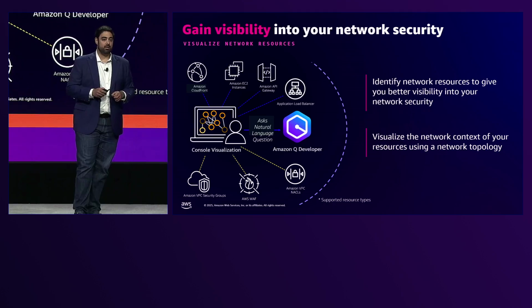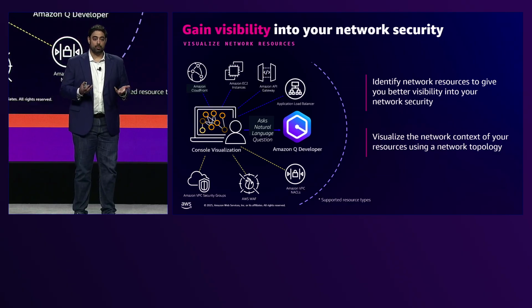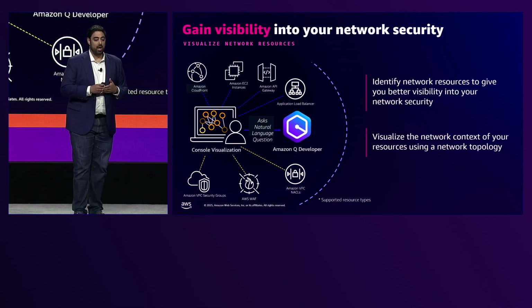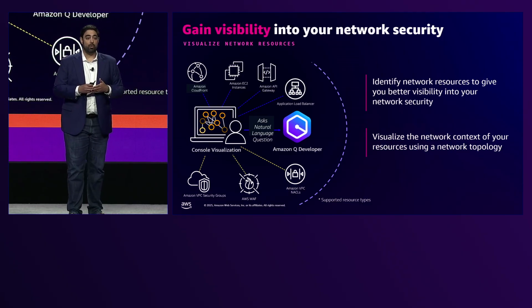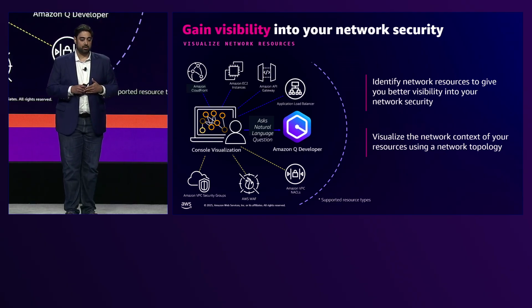So let's talk about the first aspect of this, which is the visibility aspect. What Network Security Director does is it initiates a network analysis for you in your account. You can do it in a single region or all regions for an account. In doing so, we scan for or analyze the resources that you see here, such as CloudFront distributions, EC2 instances, load balancers, API gateways, the list goes on, as you see here.